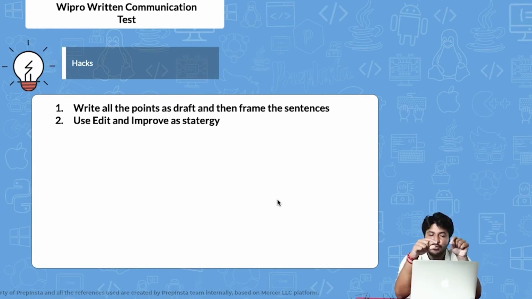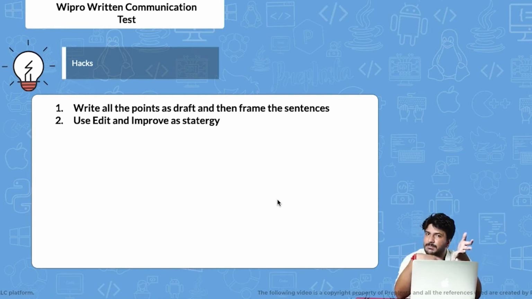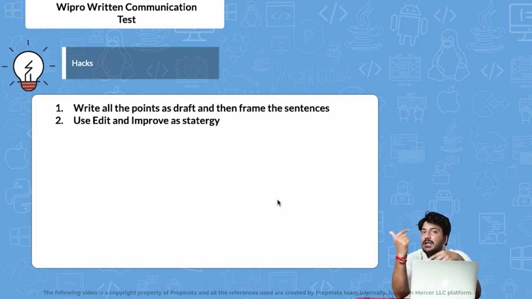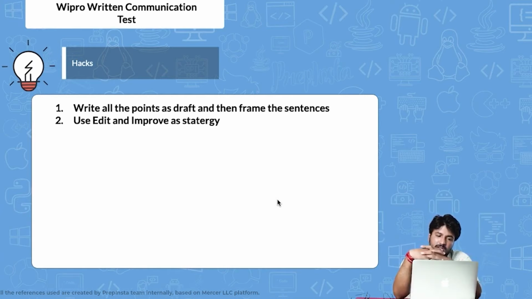The second thing is you should try to improve as well. So for example, include a larger variety of words. Probably if you see that this word is being used a lot, maybe I use a synonym of a particular word and improve my diction. And probably I'll improve my diction as well as the signpost words that I'm using. So, two laddus at the same time, right? So this is what should happen.